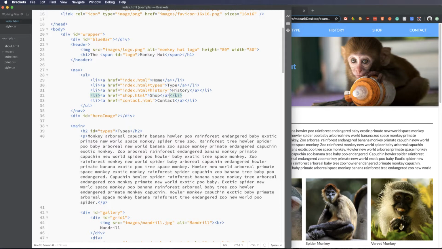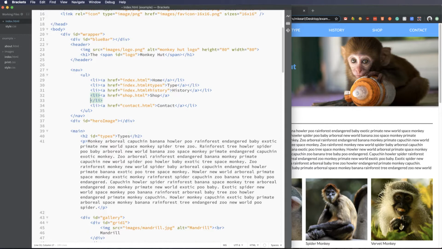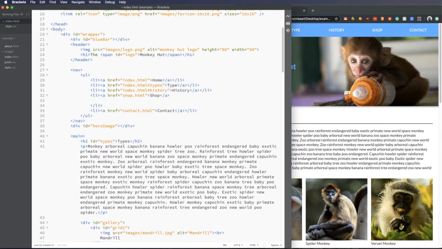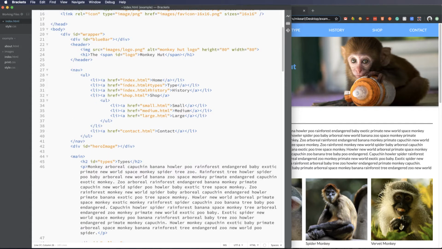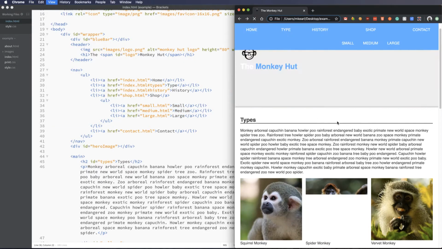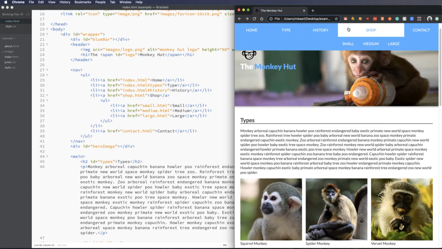in between the anchor tag and the ending list item tag, we're going to make some space right here. You've got to insert in this area the new unordered list you want to have drop down. So you can see here I have one I've made with small, medium, large. They're links, and we have an unordered list with link items. Okay, so at this point I'm going to save it and refresh the page, and you can see I've got